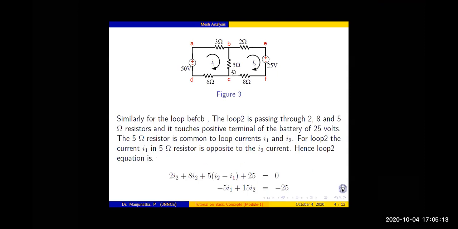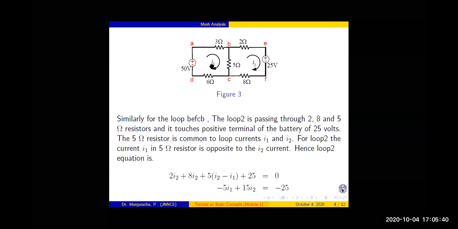Okay, 8 I2, 5 I2 minus I1. Now what do you have to write? Because you are in the second mesh, which current is in that mesh? I2 minus I1. In the previous case it was I1 minus I2, now it is I2 minus I1. Overall, how much resistance is there in this mesh? 8 plus 2, 10. 10 plus 15 I2.